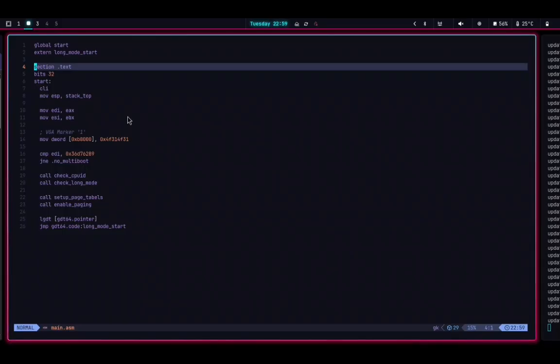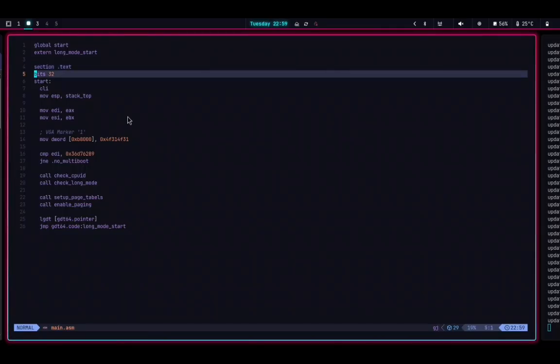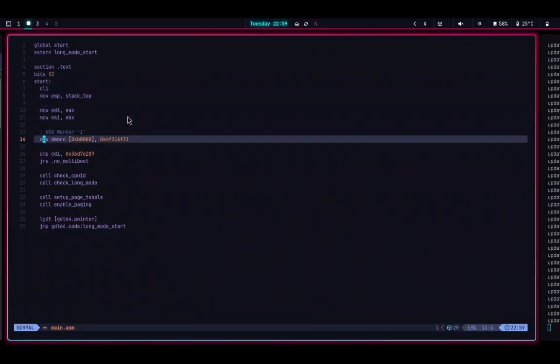We will understand this line by line. Initially, it means there is a bit 32. It can generate 32-bit machine code. The bootloader always starts in 32-bit mode, and then there is CLI. It means clear interrupt flag. It tells the CPU to ignore hardware signals like keyboard presses while we are setting up,